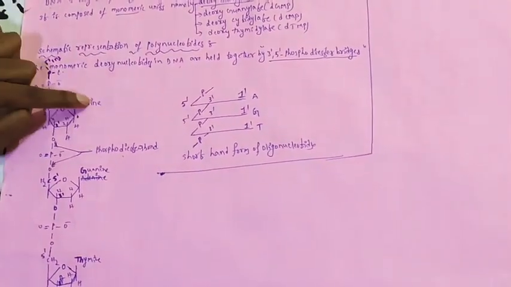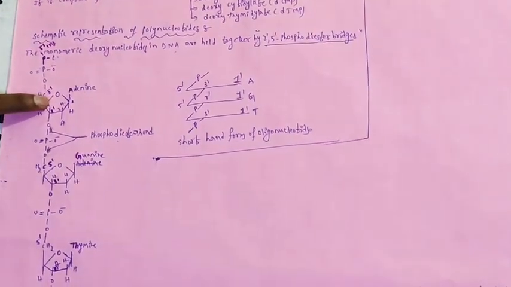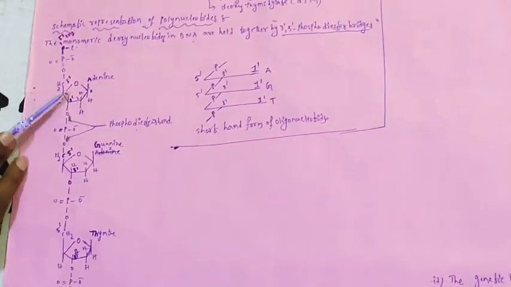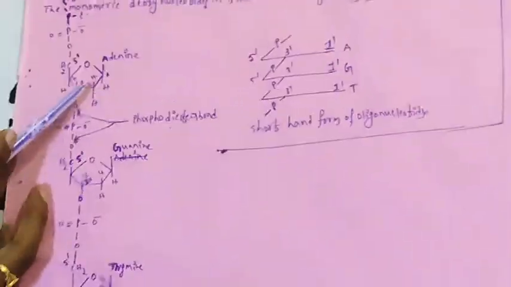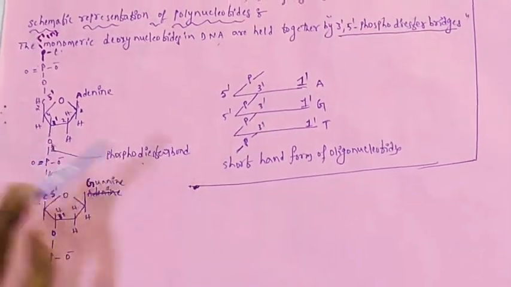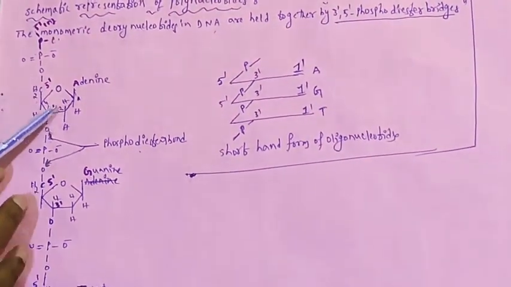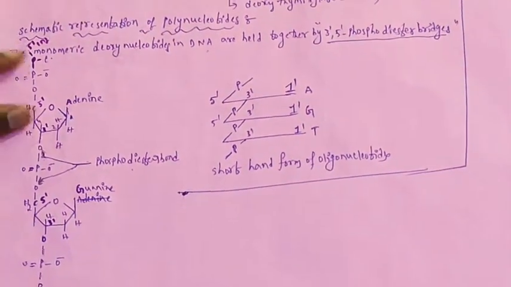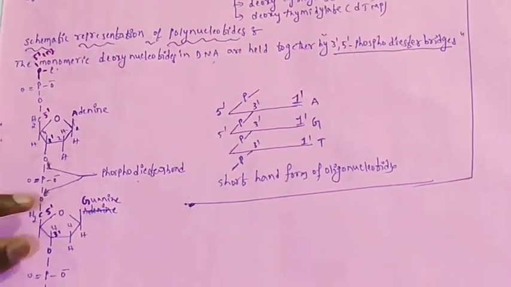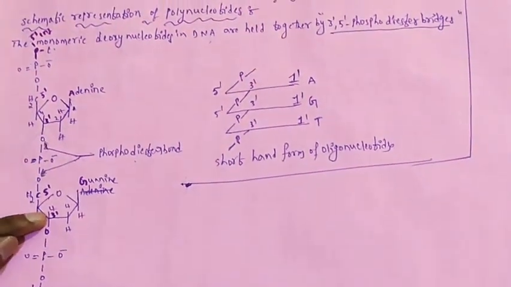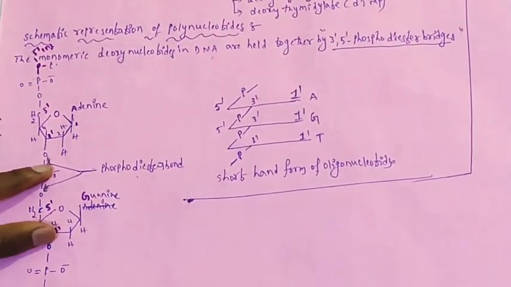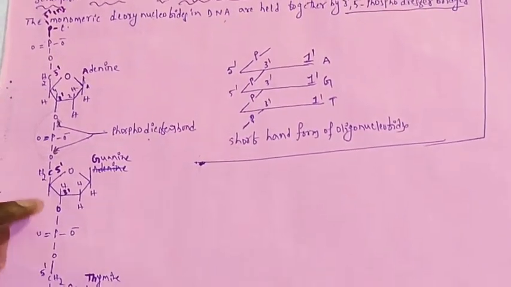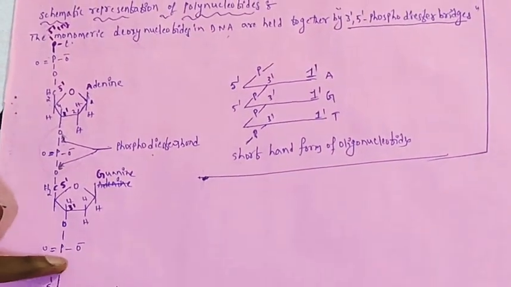See, here the adenine is there. Adenine is a nitrogenous base. Here this is the deoxyribose sugar. You see here the second carbon does not have any oxygen. In RNA, the second carbon has oxygen. That is the difference, that's why it is deoxyribose. Here adenine, sugar and phosphate means this is one nucleotide. Here this is guanine, deoxyribose sugar and phosphate. This is guanylate. Here this is thymine, deoxyribose and phosphate. This is one nucleotide.